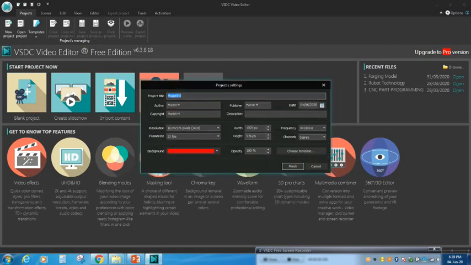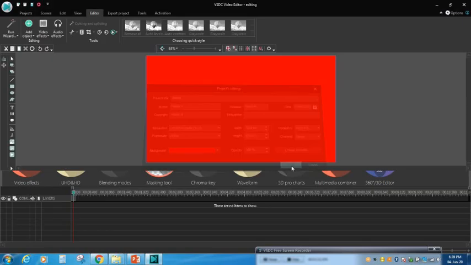Otherwise, once you save the project, if you want to edit again, you can go for the open project option, in this step only. I can rename the particular project anything I like. If you want to change the resolution, all those things you can change. I am just retaining everything as it is and pressing the finish button. Now I will get the window like this.